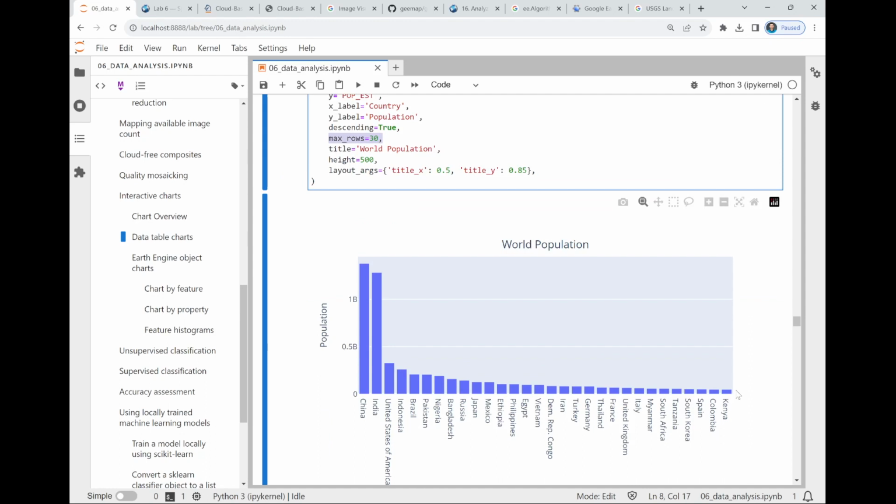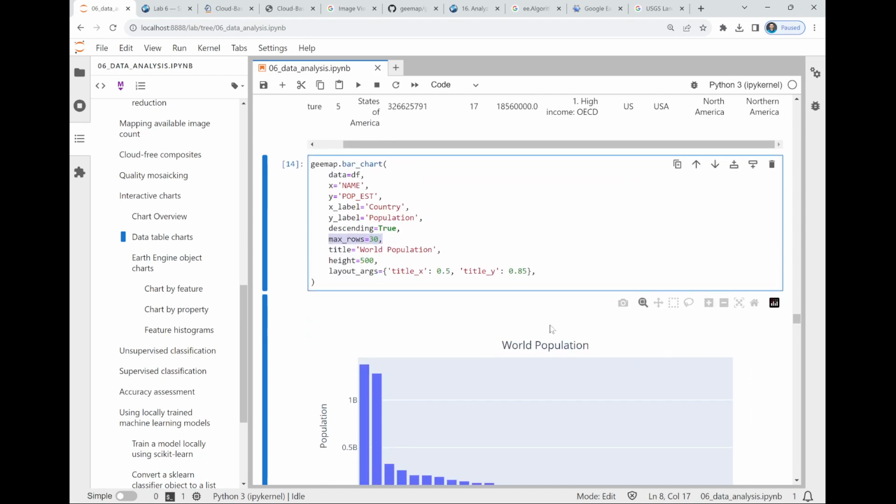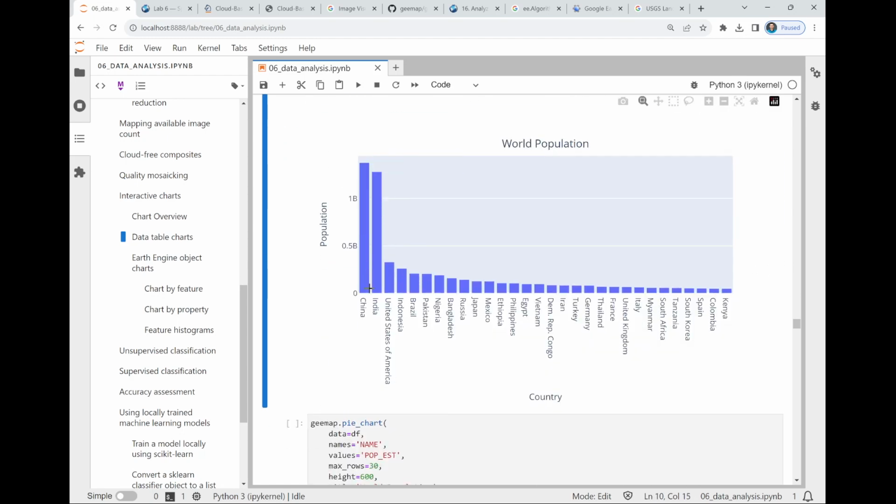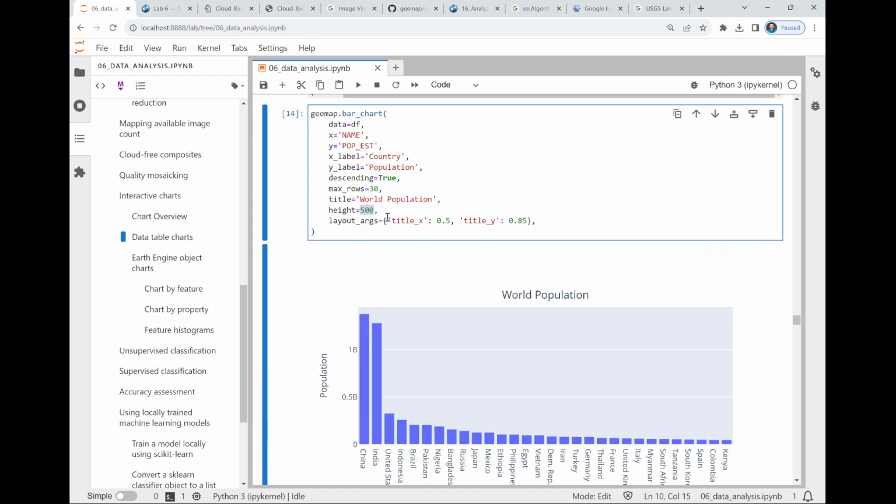Otherwise it may be overwhelming. You're going to have all the countries, so it's much longer. And the title, world population here, and then the height is how high you want the plot to be. And the last one is the layout, the title. So basically, where do you want the title